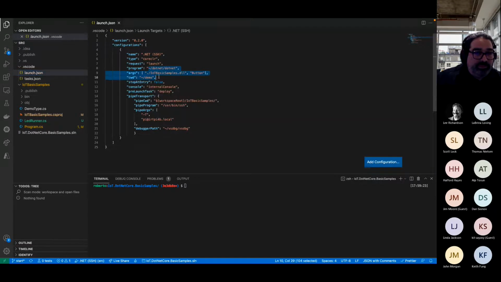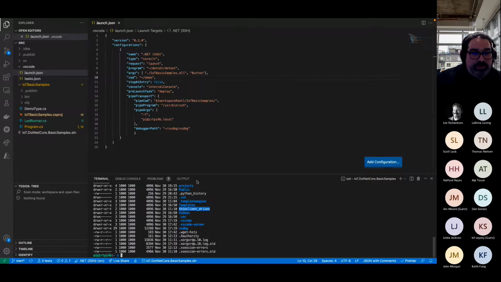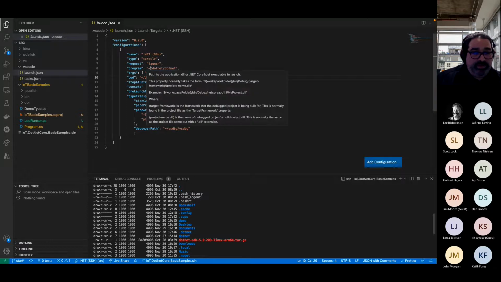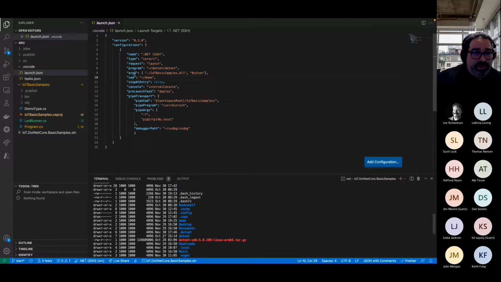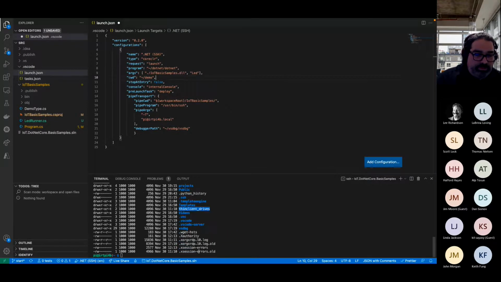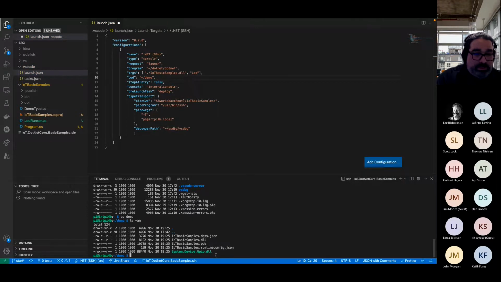All this information is actually for the Pi. On the Pi, on the home directory, there is a .NET folder. There it is. It matches specifically what it is saying. So I'm saying program .NET. And what are the arguments? The arguments is basically the DLL. And the second argument, button. And we want this to work, let's say, LED. Current working directory. We said that everything happens in the demo. Again, the demo folder was where I deployed this information earlier.